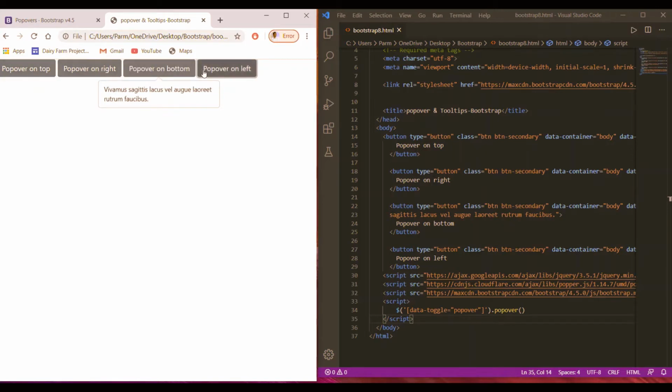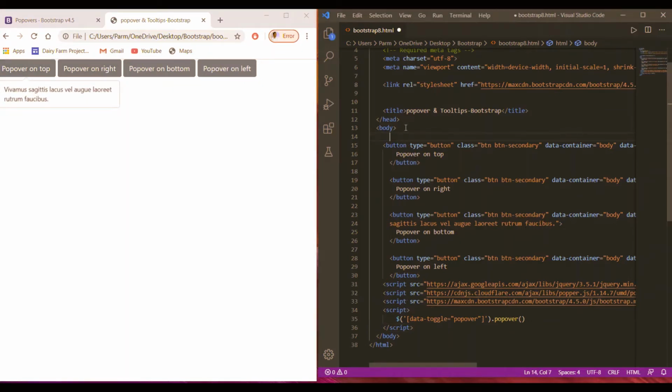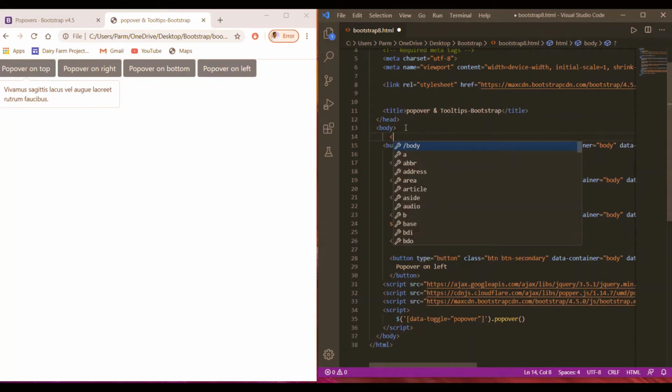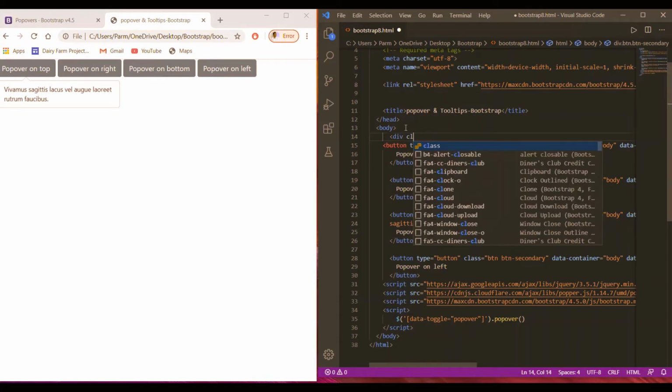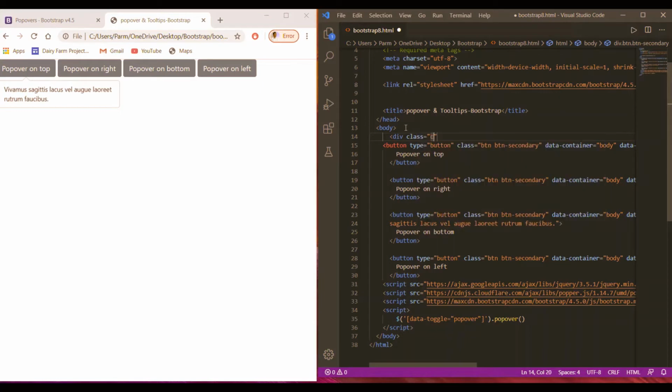Now see, it appears as well. We can just use a div for this, with class container.